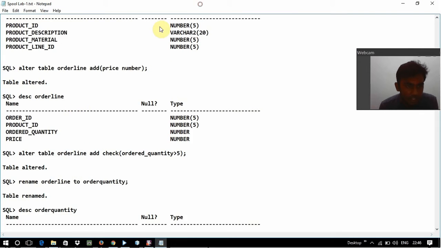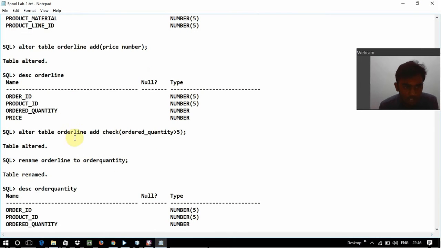So I'm going to add an attribute called price. So alter table order line add price number. Price is the attribute, the field, and number is the data type. So my table is altered, so I added one column called price. Then next question is